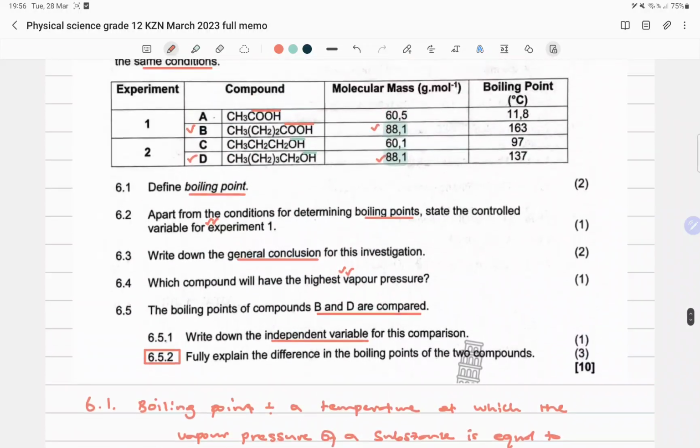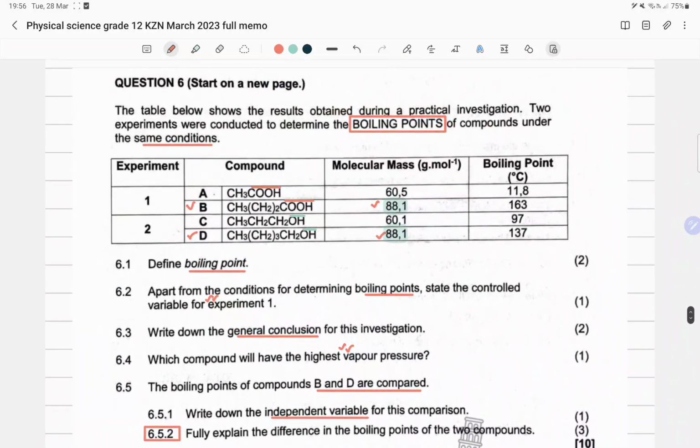I think, guys, as much as my writing just started fading there, we can see clearly that